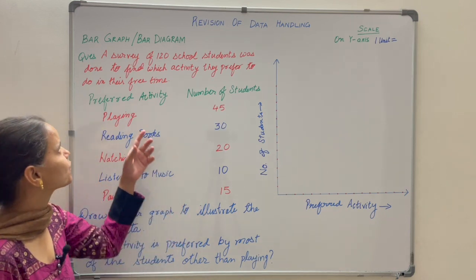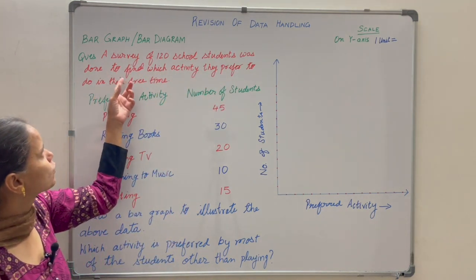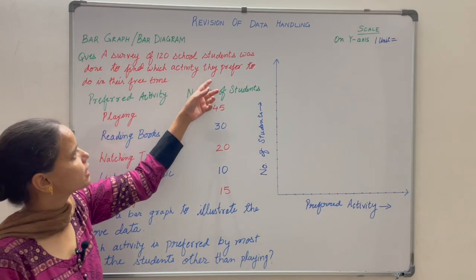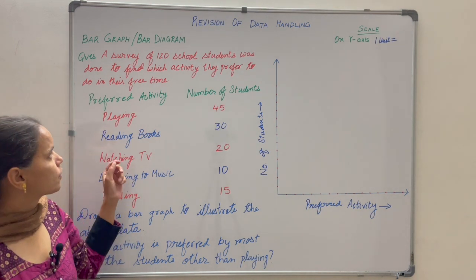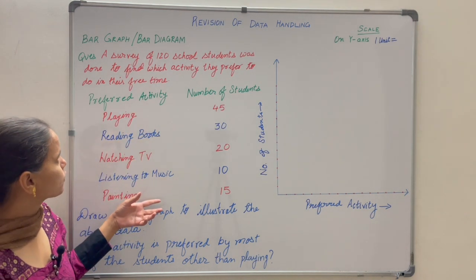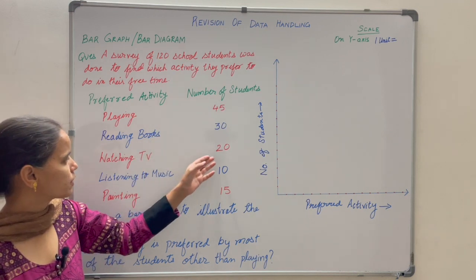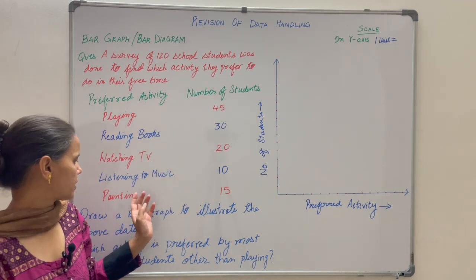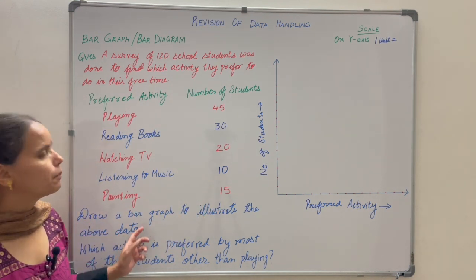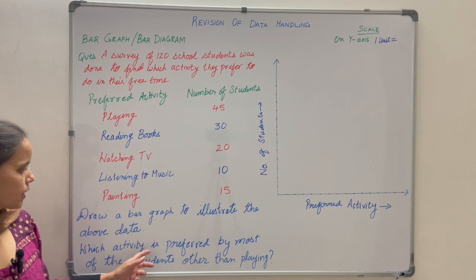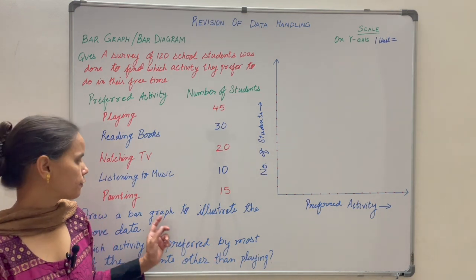Let us now take this question. A survey of 120 school students was done to find which activity they prefer to do in their free time. So this is the information given to you. Playing 45 students, reading books 30, watching TV 20, listening to music 10 and painting 15. Draw a bar graph to illustrate the above data. Which activity is preferred by most of the students other than playing? So first let us draw the